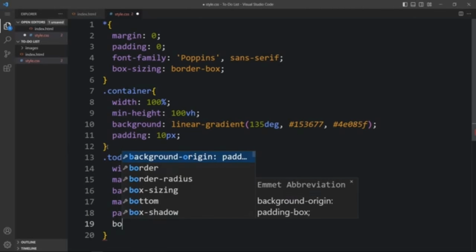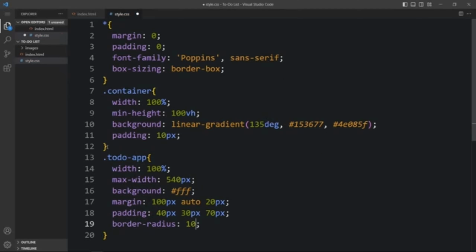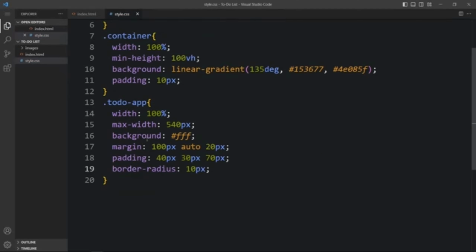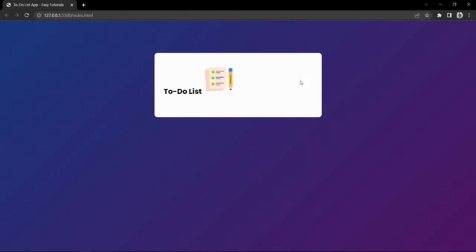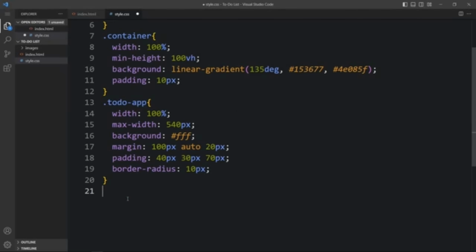After that we will add the border radius of 10 pixels so that the corners will be round. So you can see it is in the white color and it is horizontally centered because we have added the margin left and right side auto. So let's come back again, copy this one, and in this one we have the